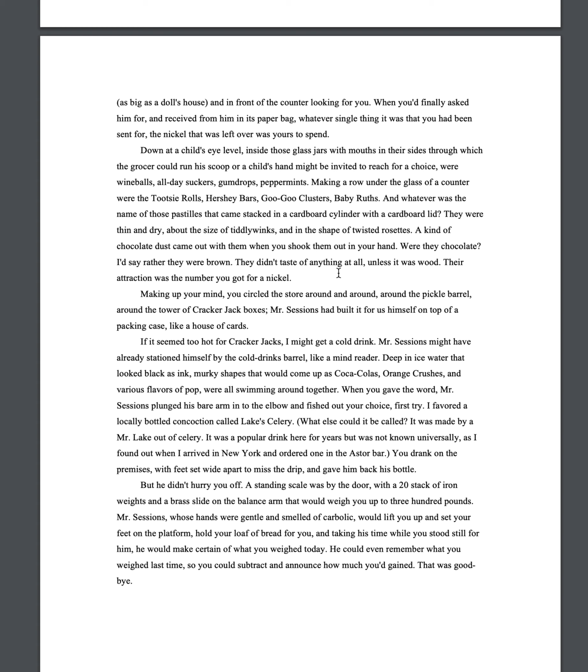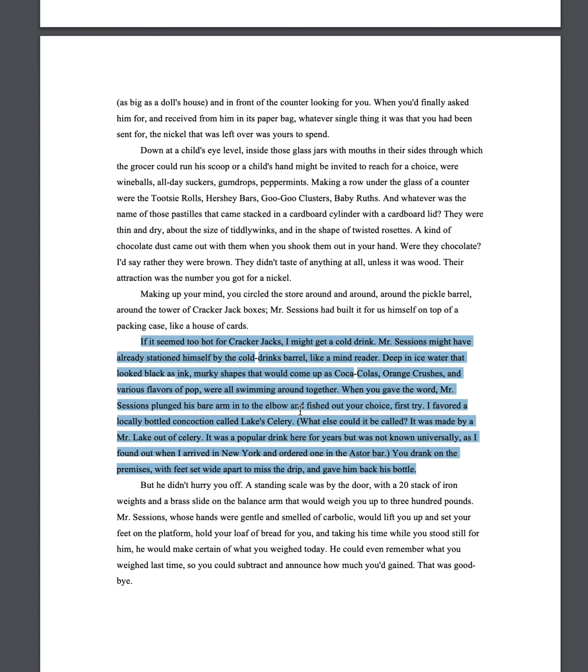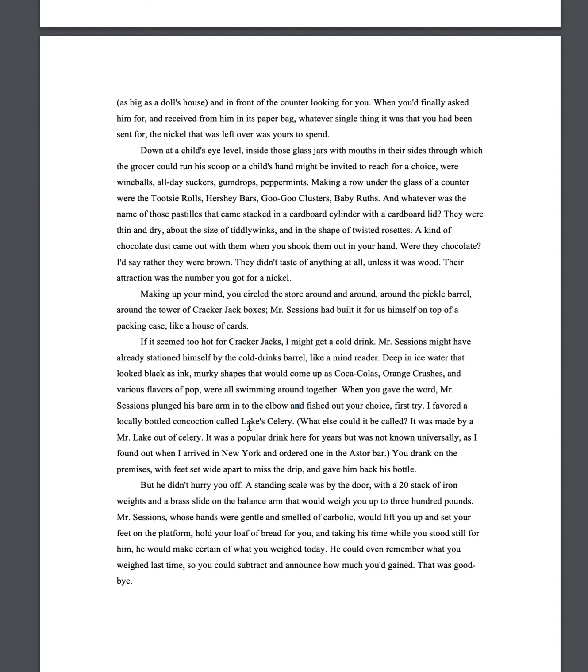Some of the stuff you haven't heard of, some of it you had. So these specific details, like Mr. Sessions, like magic, getting the kind of drink that you want on your first shot, the first dip into there, that's very important. And these details also about how he seems to know every single child by name, knows how they've gotten taller or gained weight as they've grown since the last time he's seen them. That he takes the time to do this is where the thesis comes in, kind of in the conclusion.